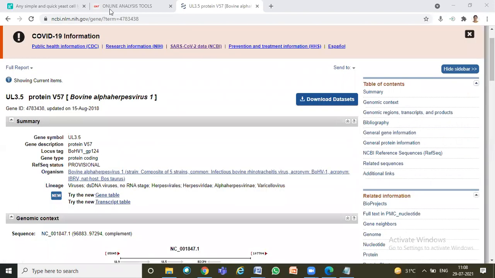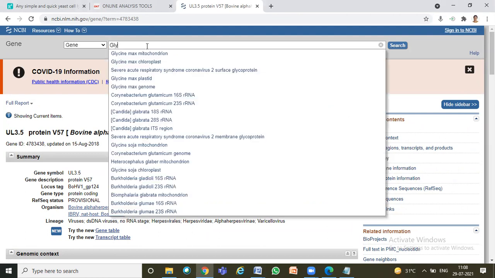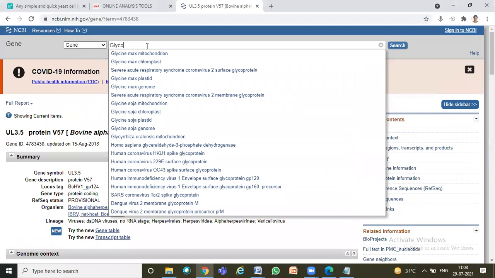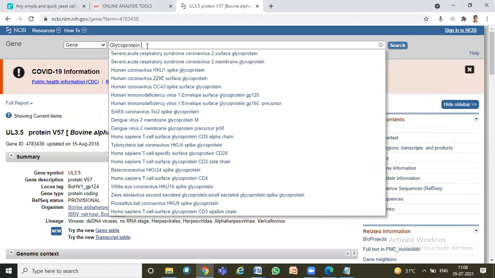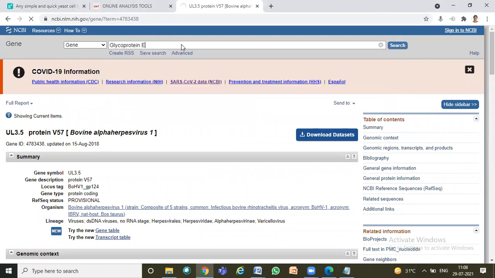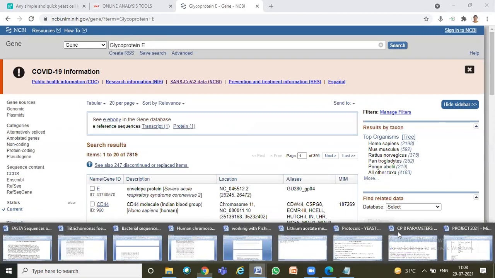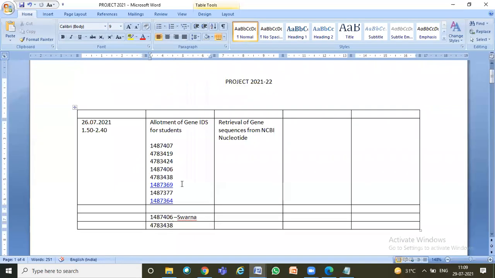So I told you the other way. For example, yesterday I was talking about glycoprotein. I was working with glycoprotein E, surface glycoprotein. So let us search for the same glycoprotein which I was working with.